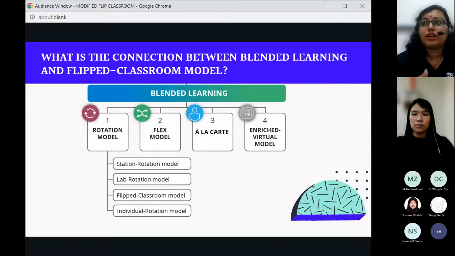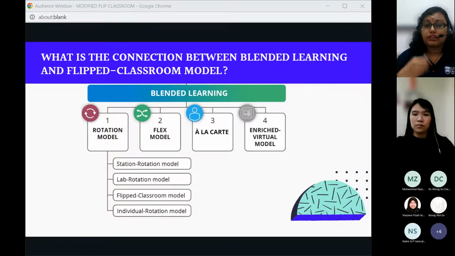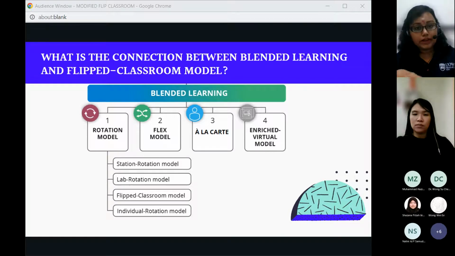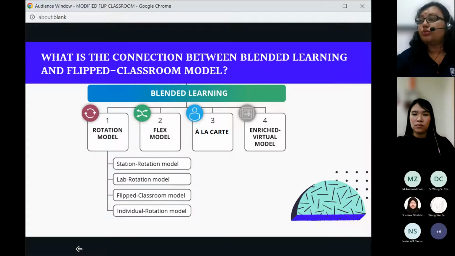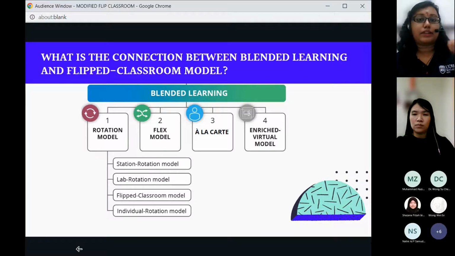Okay, station rotation, I'm sure everyone has done it. We have 3 different stations or 4 different stations in class, like task A, task B, task C, task D. So you kind of group them. You say, okay, these 5 students, you do task A first for 15 minutes. And then group B, another 5 or 6 students, you will do task D. Then another 5 to 6 students will be doing task C.